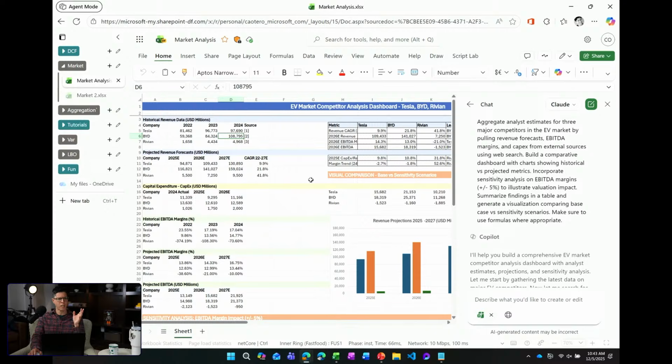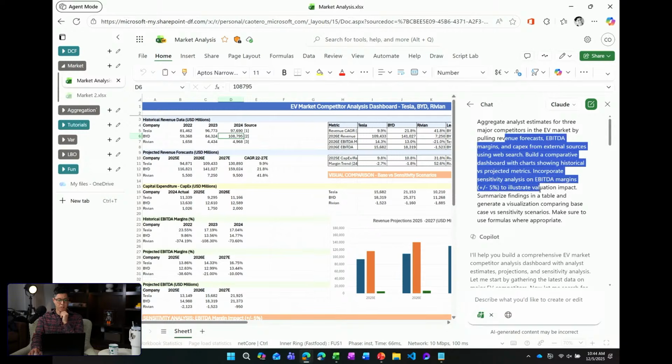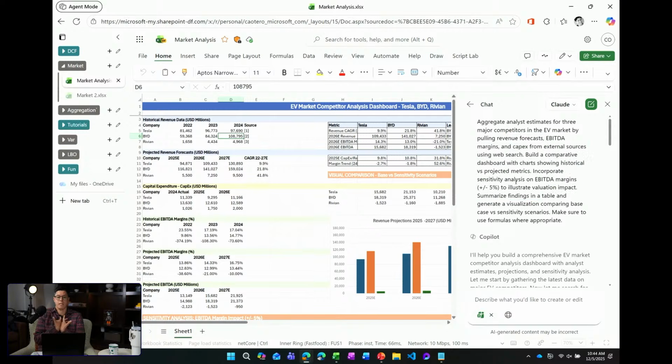And then, yeah, I have a few other scenarios just to work through. Just for the sake of time, I'm not going to run all of these live, but I did run these previously. So here's one example of market analysis, which is a common scenario that we see. I asked it to aggregate some data for the EV market. I want forecasts. I want EBITDA margins. And you can customize this to your business needs. But here I'm asking it to create a pretty thorough market analysis, pulling data from the web.